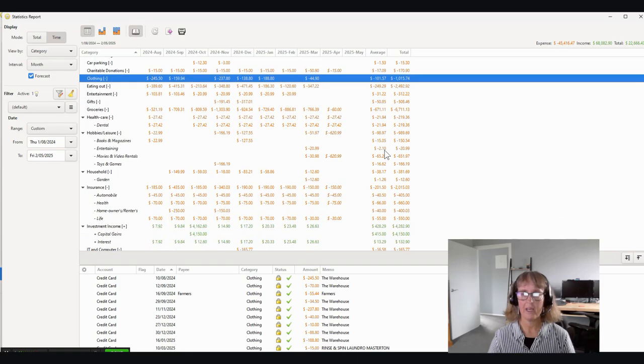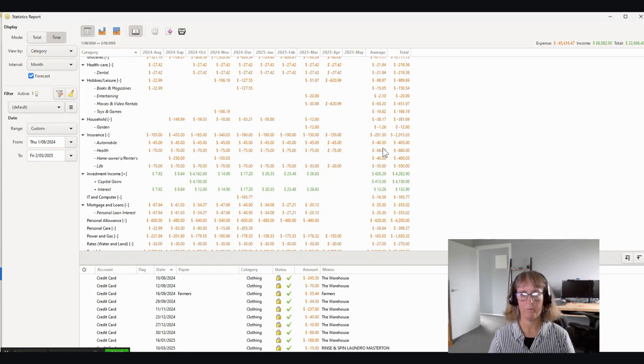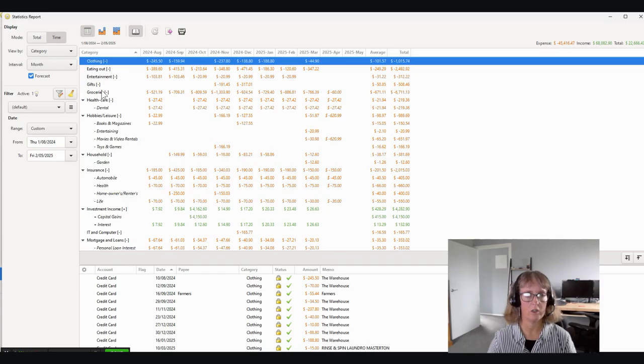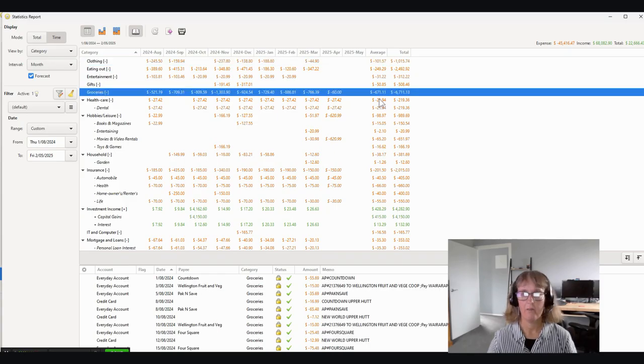So that can help you with setting budgets or setting goals. I prefer to call them targets or goals as opposed to budgets. You can see, for instance, that if we look at groceries, then they have spent on average $671. Now we need to take out forecast. So then if you look at forecast